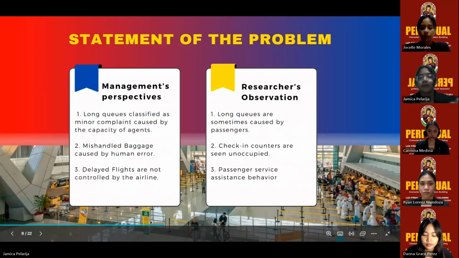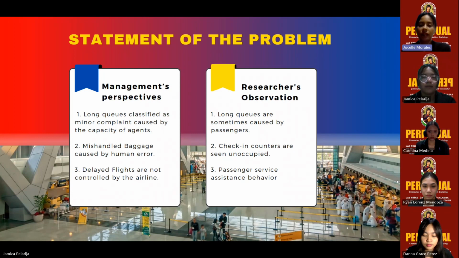Next. Managers think this complaint is a gift as this can help them improve the service. Mr. George Cruz stated, "Without complaints, your service is perfect, and perfect is boring." So these are the delivery failures based on the manager perspective. Long queues are minor complaints that can be easily addressed. These are because of the agents who are accepting the passengers. Most of them are working under pressure, talking to the passenger while dealing with their documents and baggage as well. As we previously learned, giving quality service will depend on who gives the service.